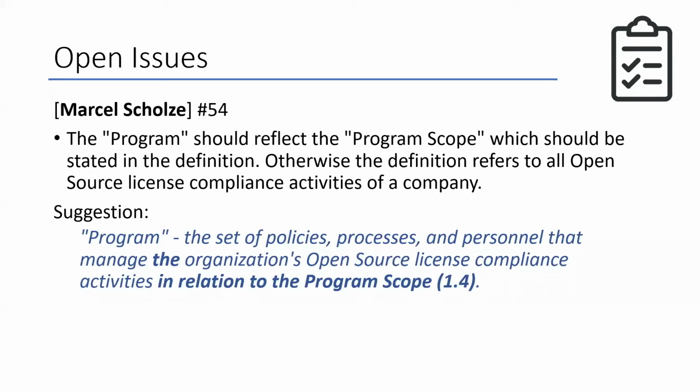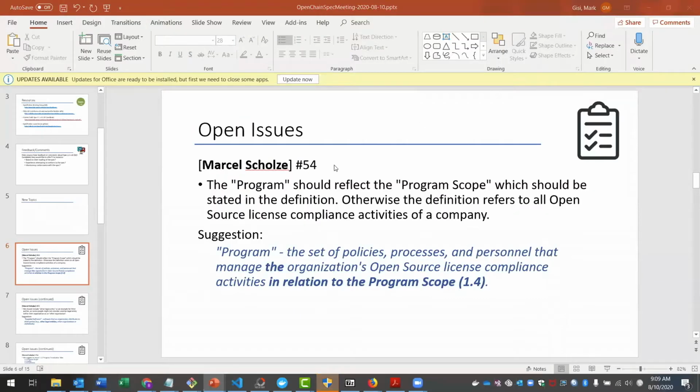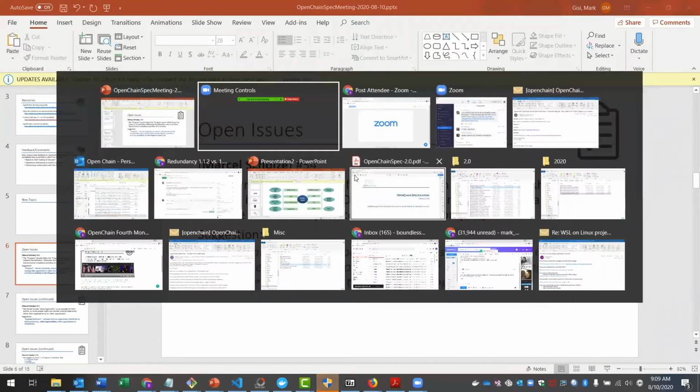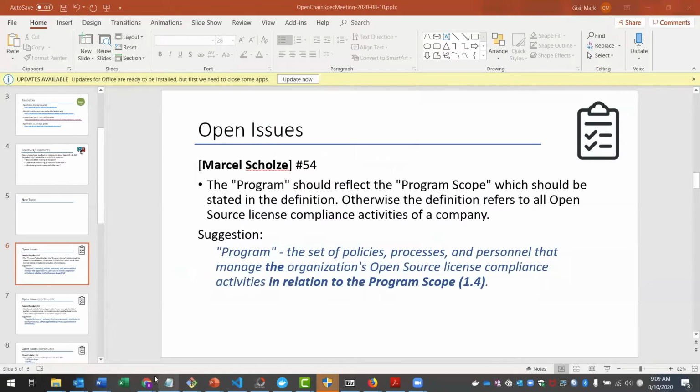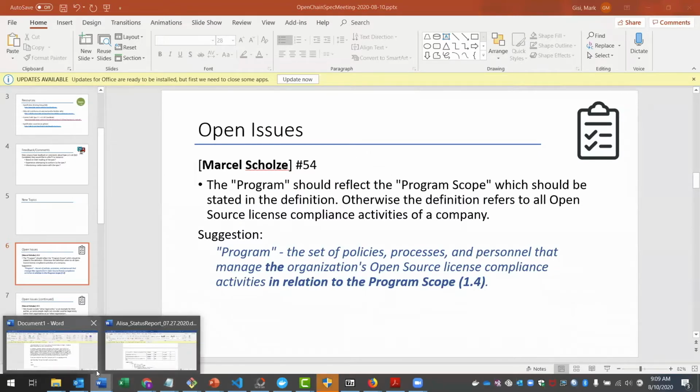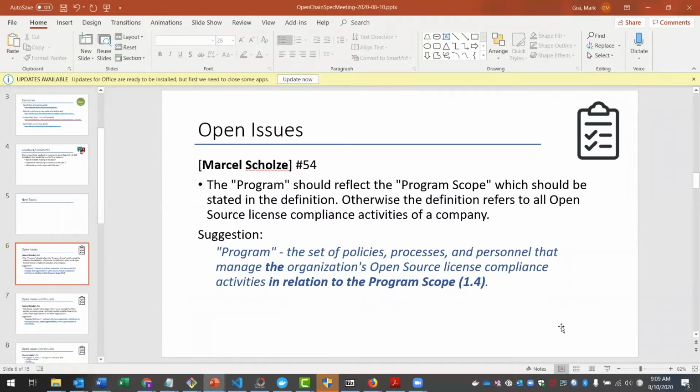Let me quickly look at this issue number again. So I think it's pretty much what we stated here. The program should reflect the program scope. It should be a definition. So I think I'll see if I can bring it up. Our thought here was that at some point an organization should define the program scope, and